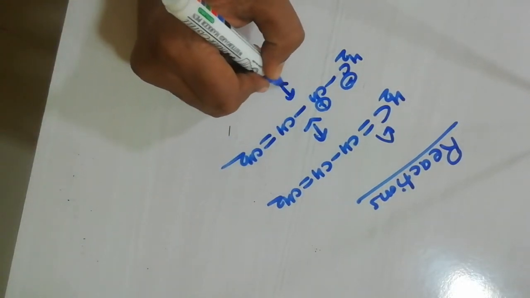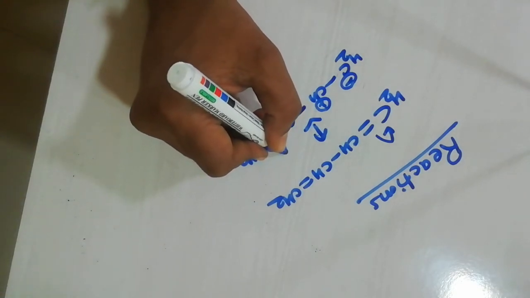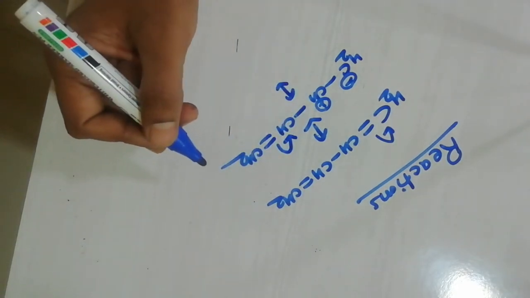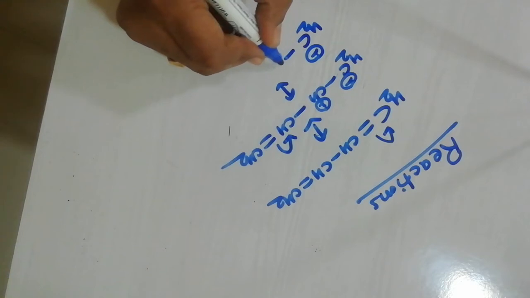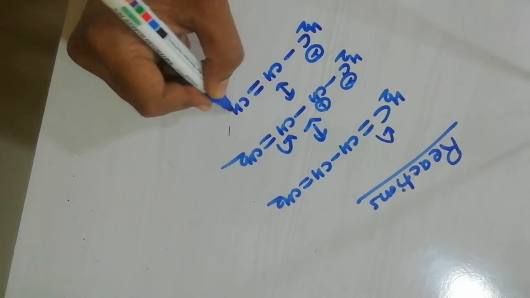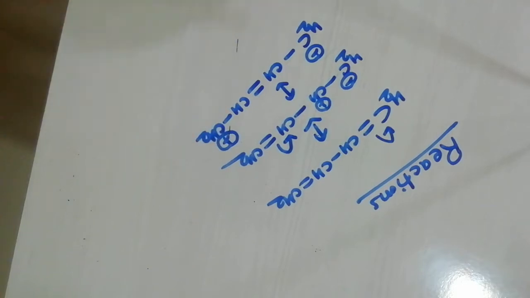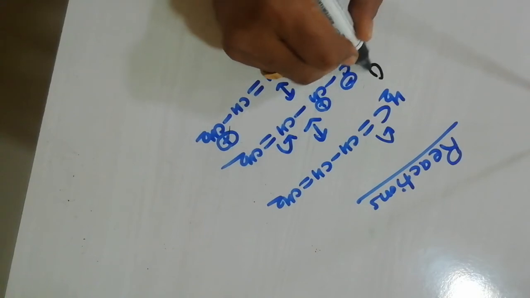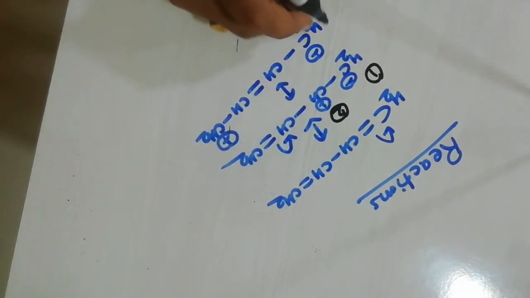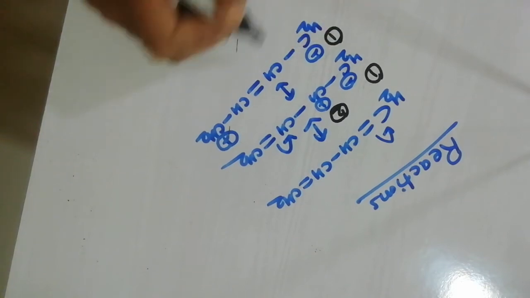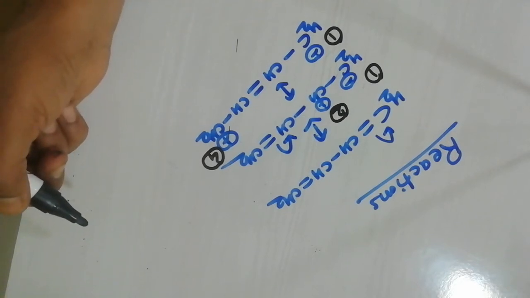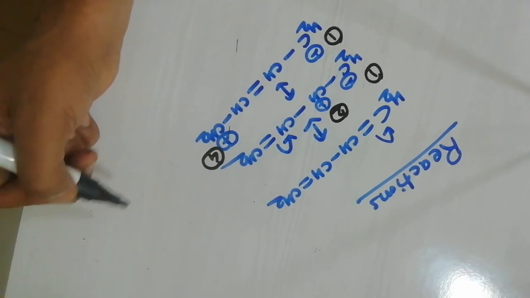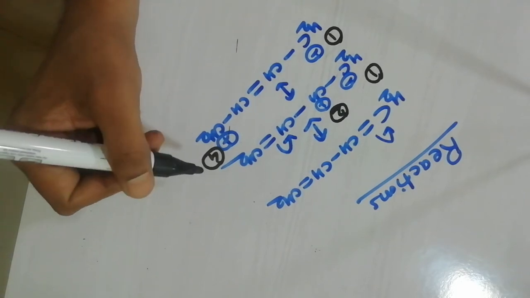Now, you can again do its resonance stabilization, because you have a positive charge here. So, I can write CH2 minus single bond CH double bond CH single bond CH2 with a positive charge. What is the difference between these two structures? In the first structure, you have a negative charge at carbon number 1 and positive charge at carbon number 2. In the second structure, you have a negative charge on carbon number 1 and positive charge on carbon number 4. So, this makes the 1,3-butadiene system undergo two types of reaction.